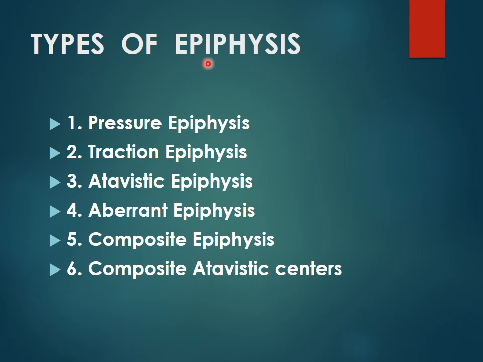As you have seen, hopefully you know that epiphyses are developed by the secondary center of ossification, and they appear in the bone which is existing by the primary center of ossification. So there is already a diaphysis developing by primary centers, and then on it the secondary center of ossification appears for the epiphyses. There are different types of epiphyses, as these are the ends of the long bone.